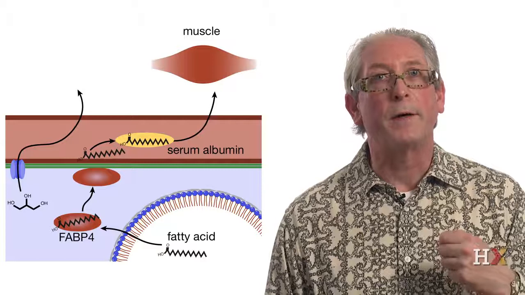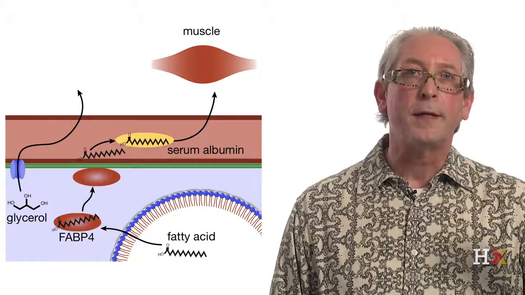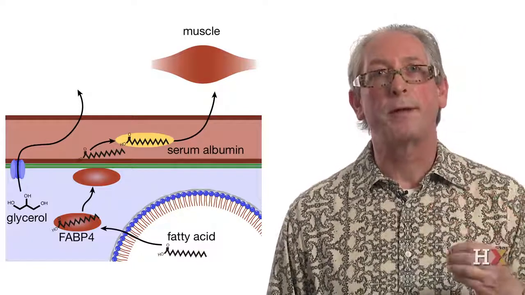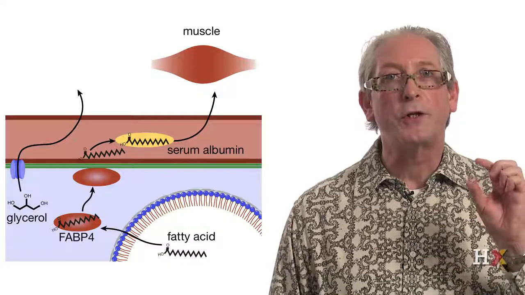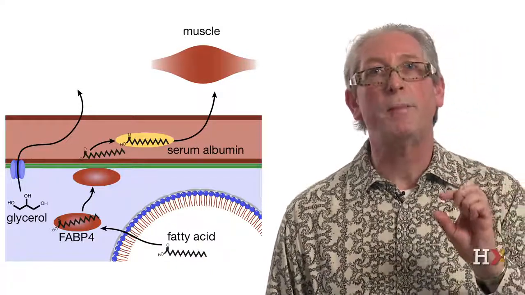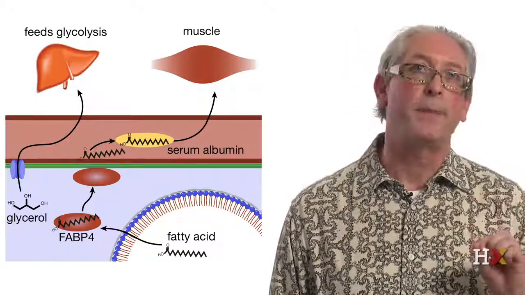The glycerol will diffuse in the cytoplasm and then will be exported to the bloodstream through a channel protein called aquaporin. And then in the bloodstream, it will travel to the liver, where it will enter the glycolytic pathway. Is there a chaperone for glycerol? No, there is no need of a chaperone for glycerol, because glycerol is hydrophilic and soluble both in the cytoplasm